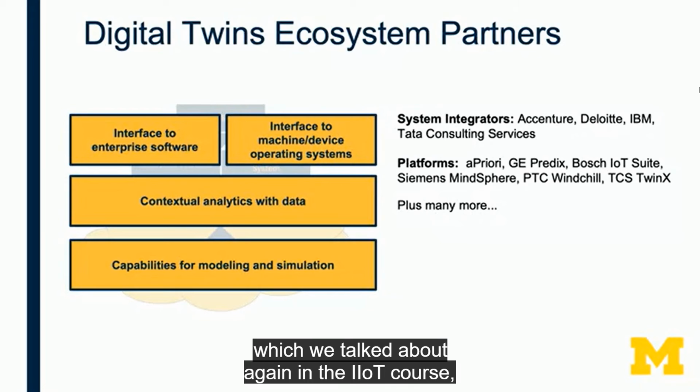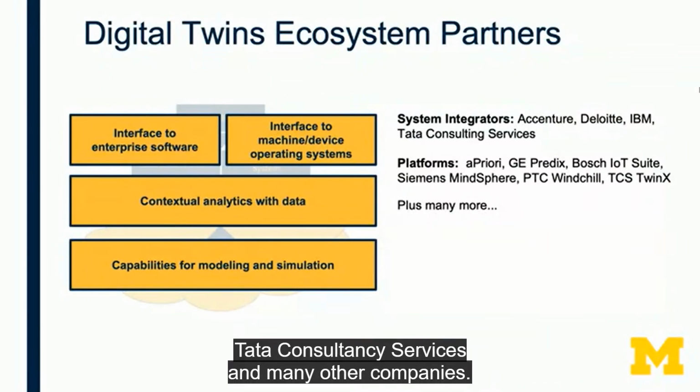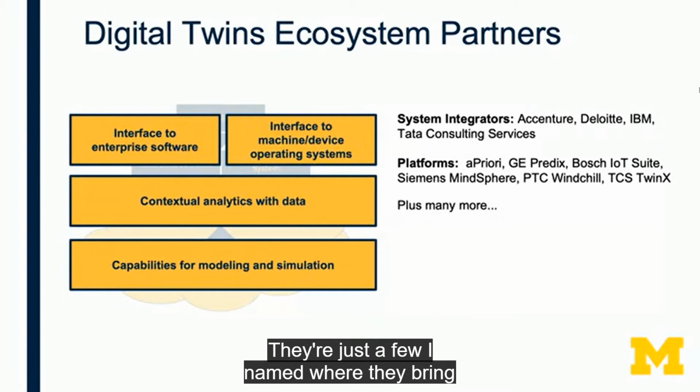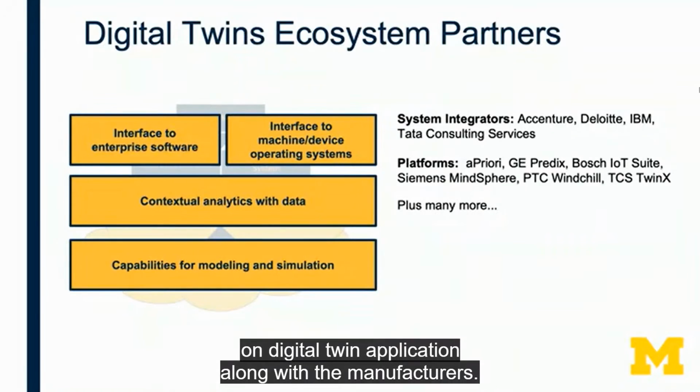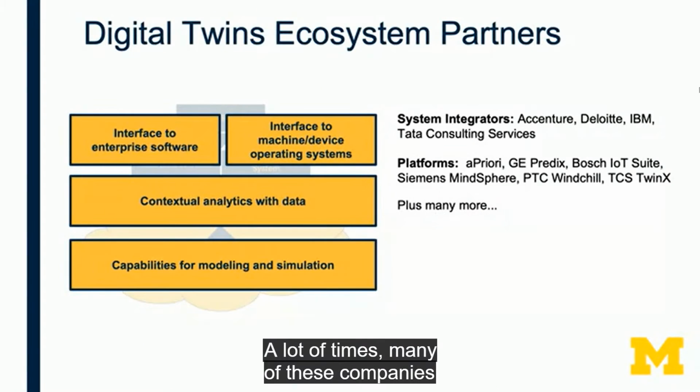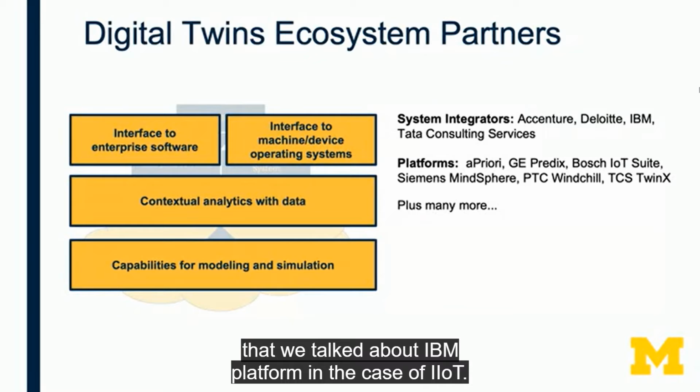These are Accenture, Deloitte, IBM, Tata Consultancy Services, and many other companies. They're just a few I named, where they bring this capability to work on digital twin applications along with the manufacturers. And a lot of times, many of these companies also bring their own platforms, right? We talked about the IBM platform in the case of IIoT. And again,